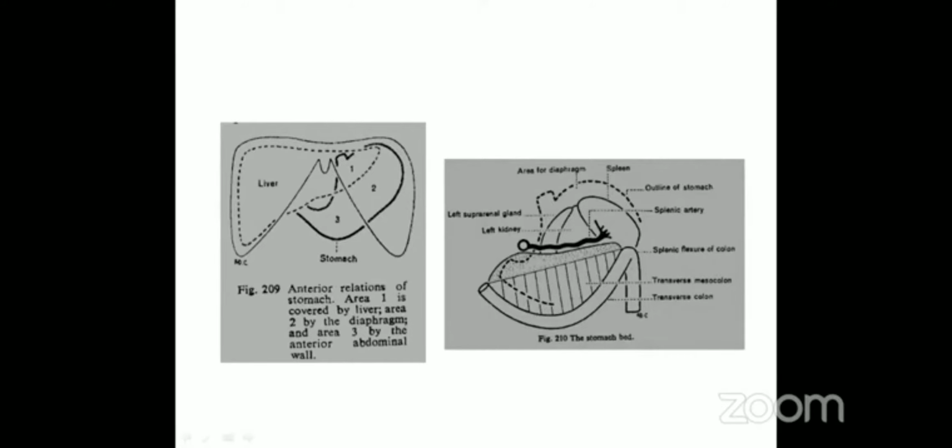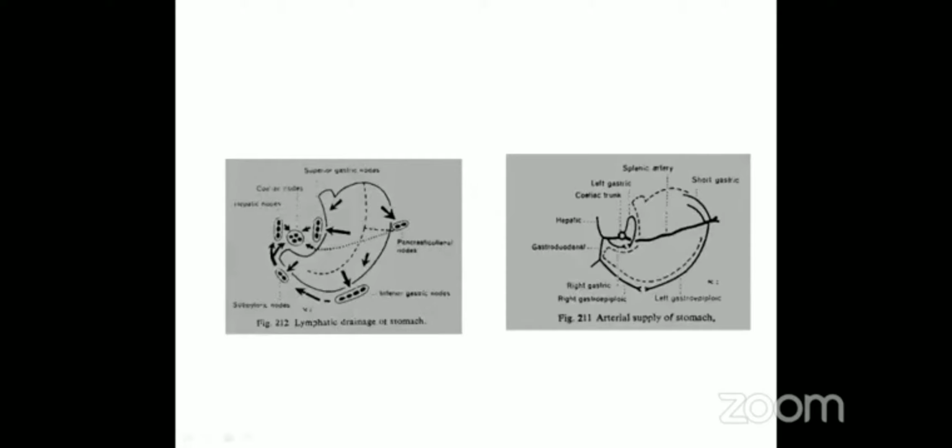Then the lymphatic drainage, again, you will need the diagram for this. Different areas are divided over here, which will drain into groups of lymph nodes like the gastric group of lymph nodes, pyloric, hepatic, and the celiac group of lymph nodes, where the ultimate drainage will be. Similarly, for blood supply, remember, if it is blood supply, you have to write both arterial and venous drainage.